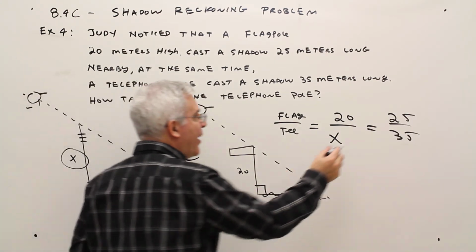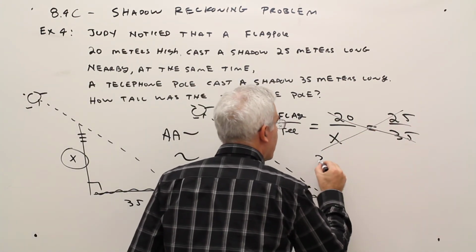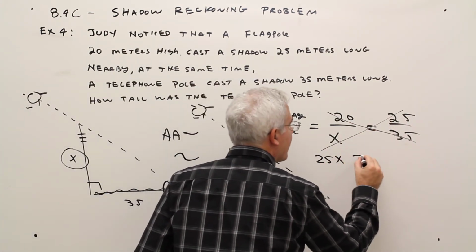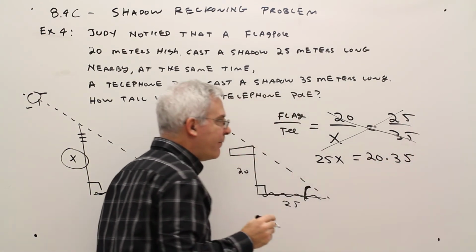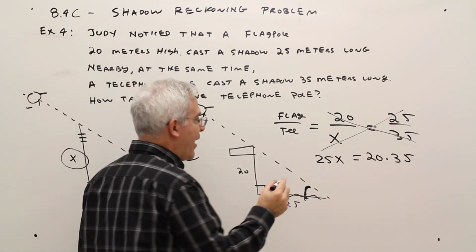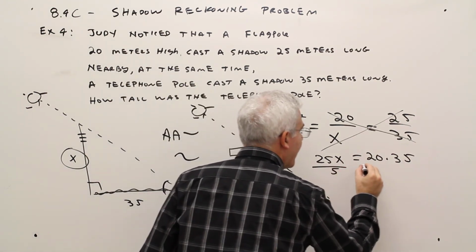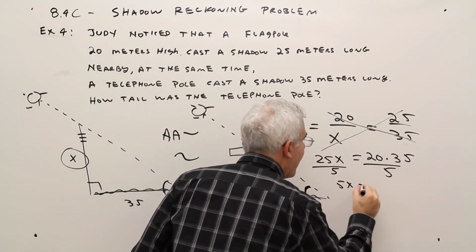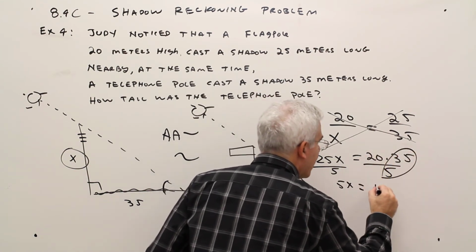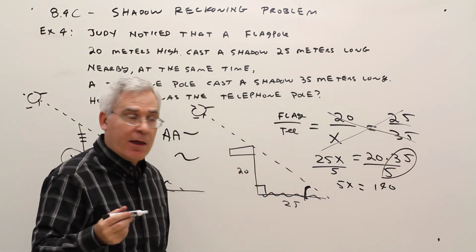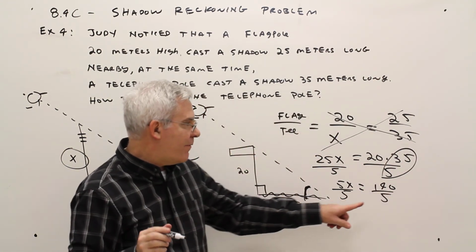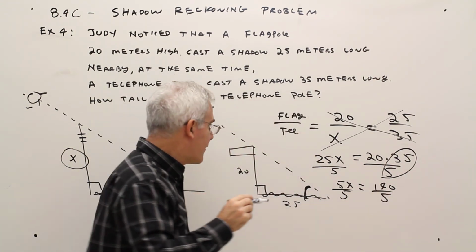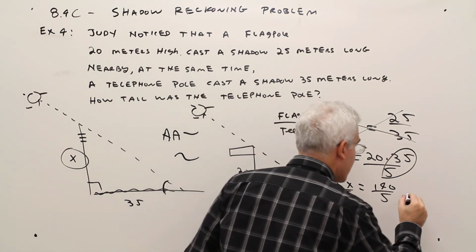Then cross multiply. 25x equals 20 times 35. I can divide each side by 5. I'll just start like that. I'll get 5x, this will be 7, equals 140. I could divide by 5 again. Divide by 10, 14 double 28. So x would equal 28